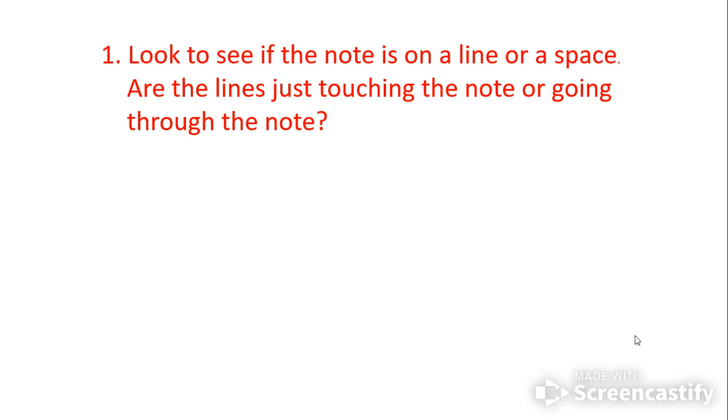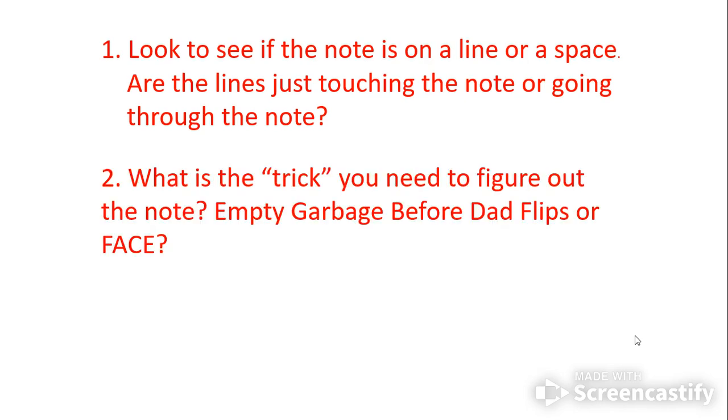So all you have to do, remember these steps. Look to see if the note is on a line or on a space. Are the lines just touching the note or going through the note? Two, what is the trick you need to figure out the note? Empty Garbage Before Dad Flips or FACE? Remember, Empty Garbage Before Dad Flips is for the lines. FACE is for spaces. Easy way to remember, face rhymes with space. Stop when you get to the note. So you start from the bottom, count up,